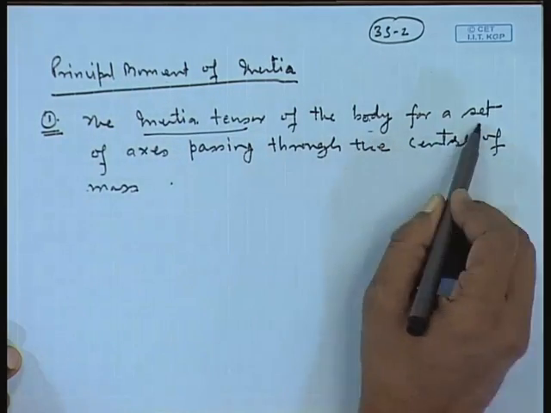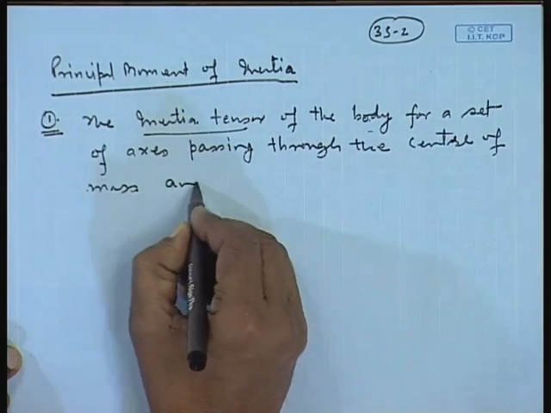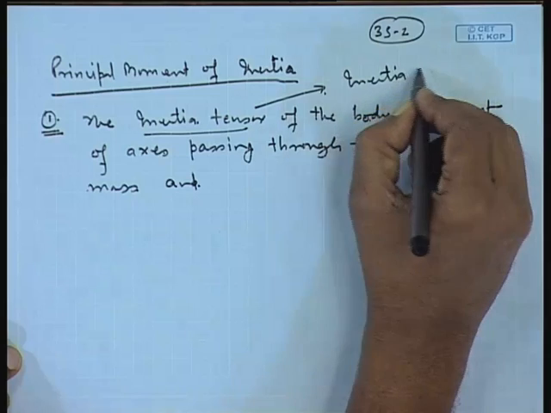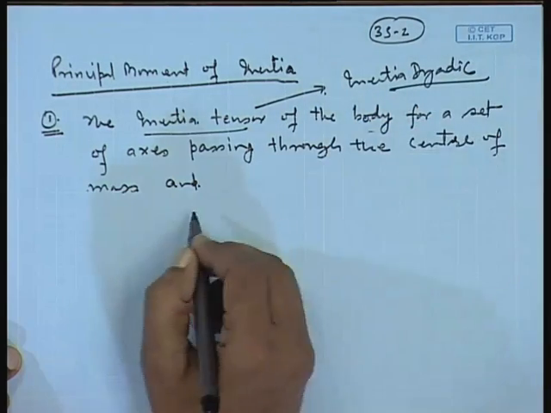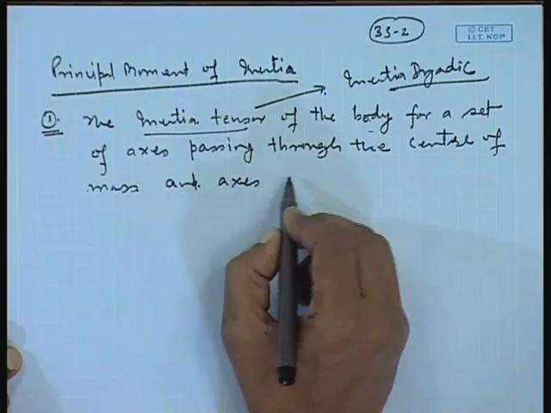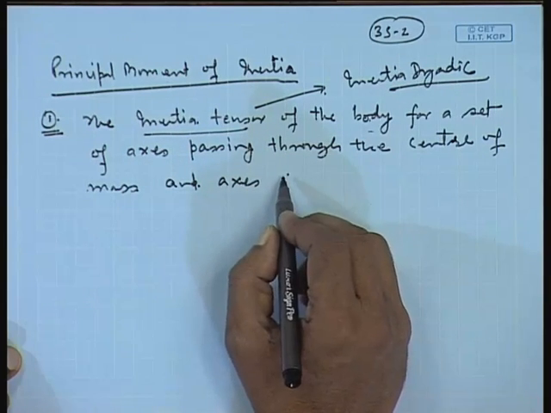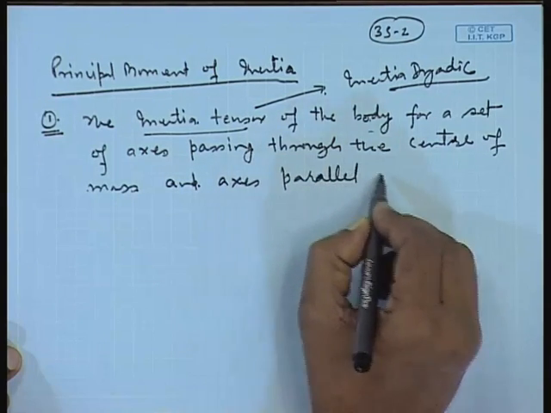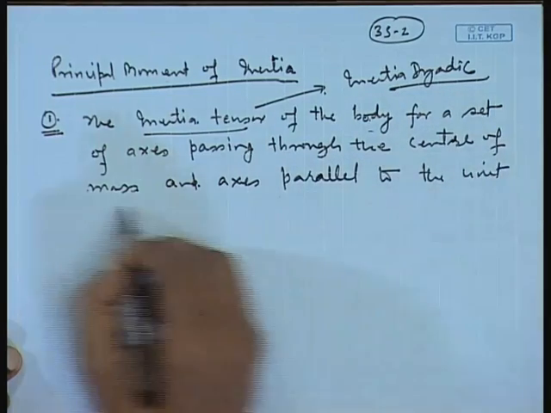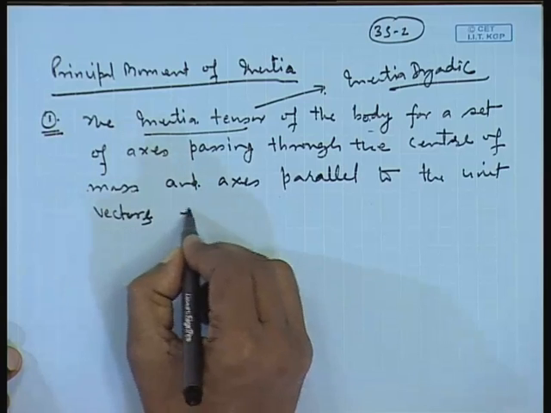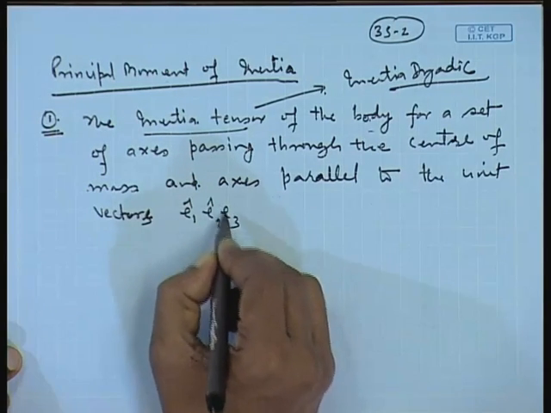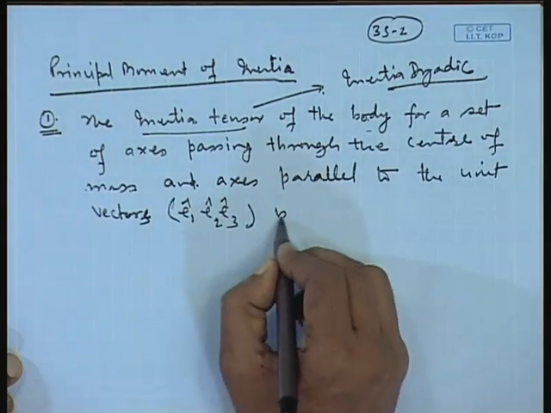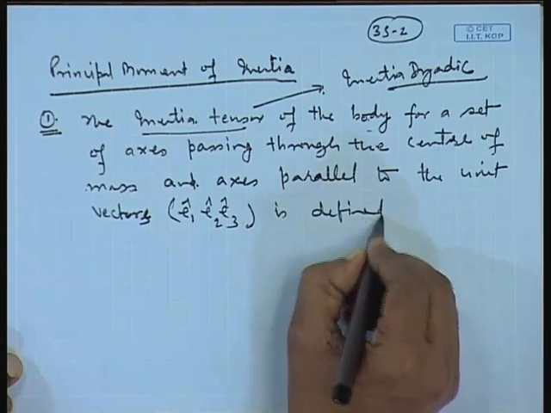So, we have the inertia tensor of the body for a set of axes passing through the center of mass, and so inertia tensor or inertia dyadic, and axis parallel to the unit vectors E1 cap, E2 cap, E3 cap, is defined as